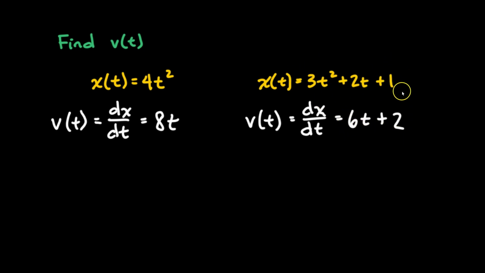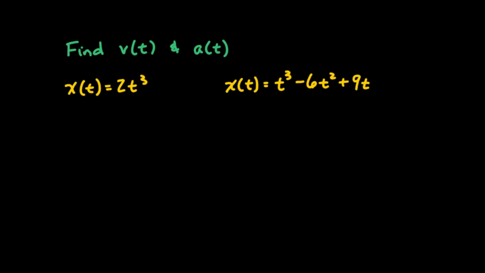What happens to the 1? Remember, it's a constant, and if it is a constant, then the derivative of a constant is going to be 0. Now we want to find not only the velocity function, but also the acceleration function, starting with the position